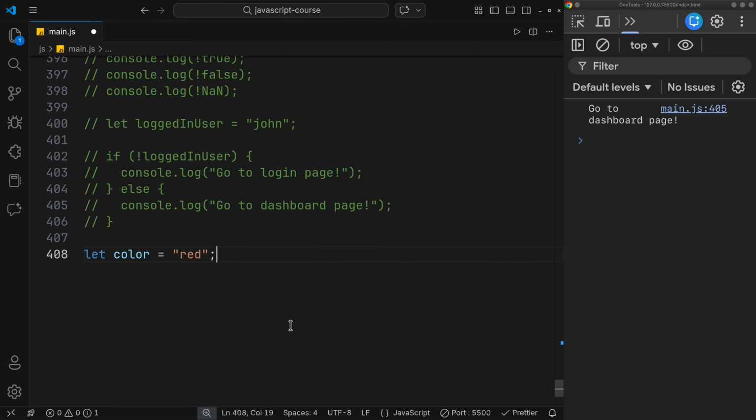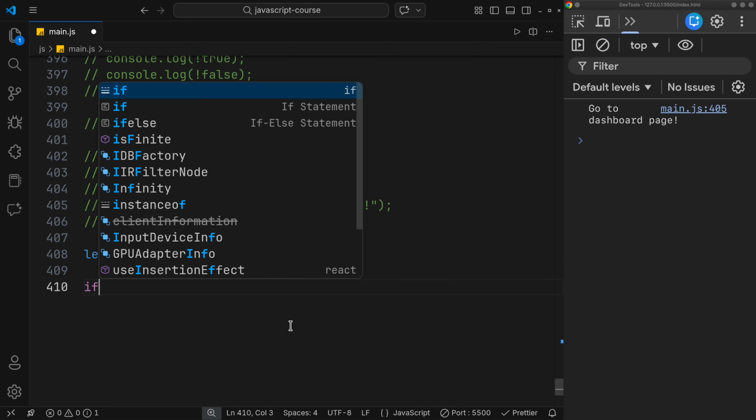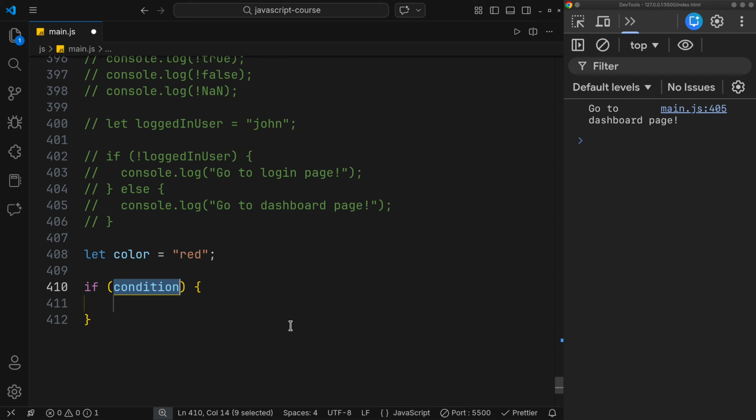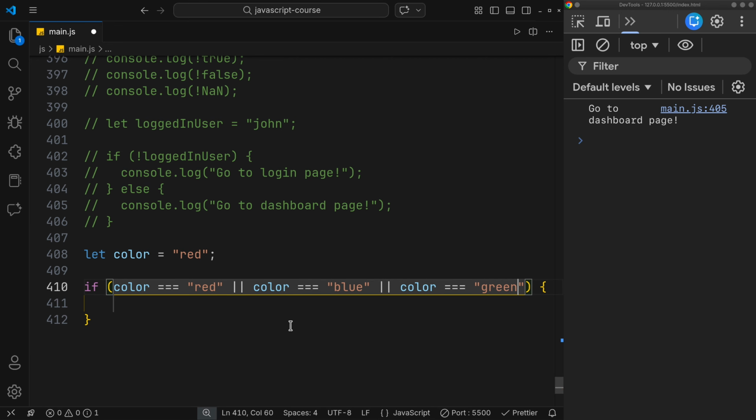So if the color equals red, or the color equals blue, or the color equals green, then we are saying, hey, you have picked the RGB color, right? But what we can do here,